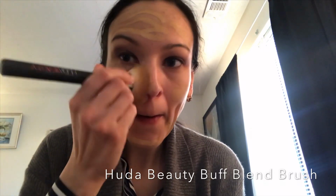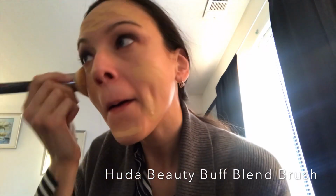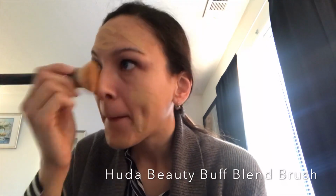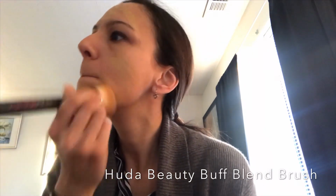Then taking my Huda Beauty foundation blending brush, I'm just blending in that foundation all over my face, making sure that it's all nice and even. Like I said, this foundation is very beautiful. It goes on semi-matte,